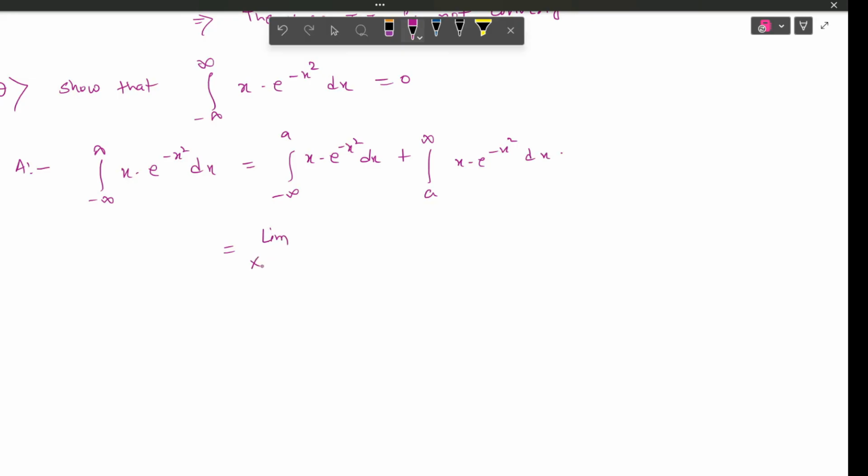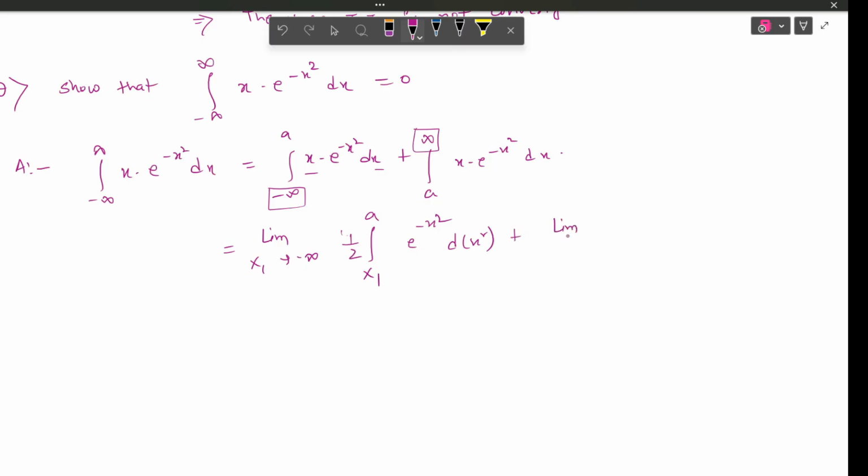So this is limit x1 tends to minus infinity integration x1 to a, because we have infinite discontinuity in the lower limit, here we have in the upper limit. We can write this thing as e to the power minus x square, and x dx we can write it as d of x square. So here we will have 2x dx, but we do not have 2 here, so we have to divide it by 2